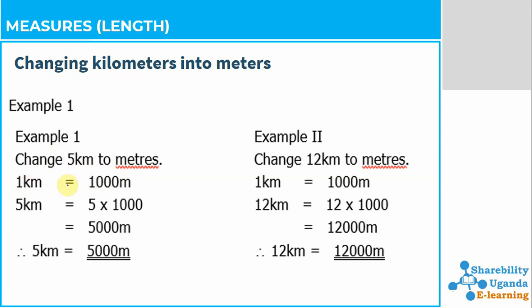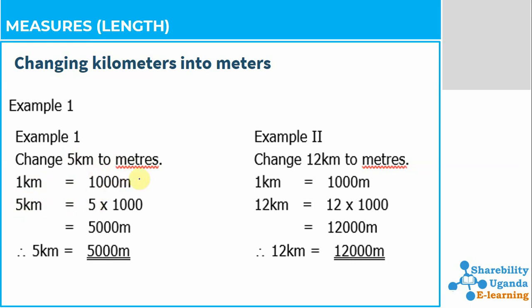If we have 1 kilometer, which is equal to 1,000 meters, 1 is equal to 1,000 what? Meters. Then how about the 5 kilometers? If you have 5 kilometers, then they are going to be how many meters? So here we shall be changing, and we shall be able to say the 5 kilometers shall be equal to the 5 times the